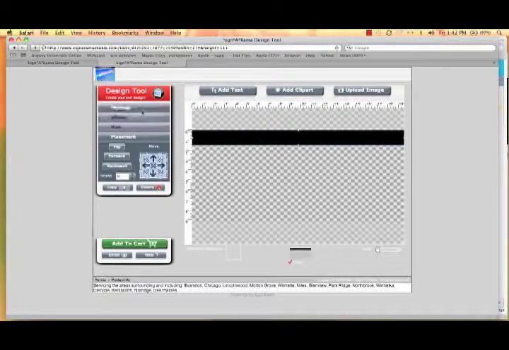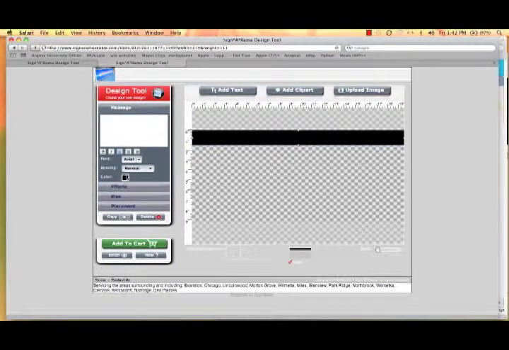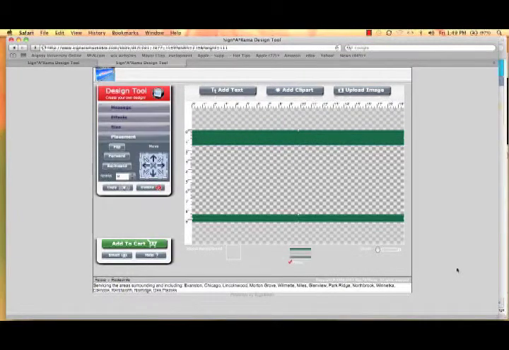Now we also want to change the color of this top background. So we'll go ahead and go back up to Message. We'll click in the black tab, you'll see a color palette comes out, and we'll go with the dark green. And voila, there it is. We're going to do the same thing at the bottom. Great. Now that we've inserted our top and bottom backgrounds, and we have them in the nice dark green color that we need,